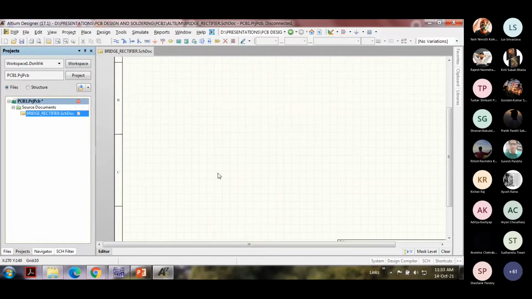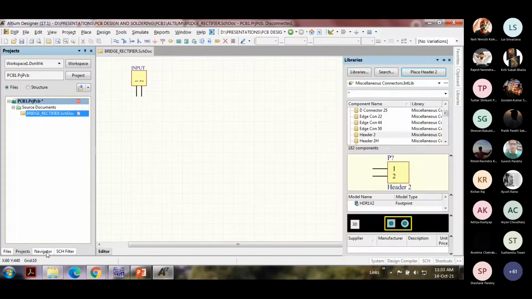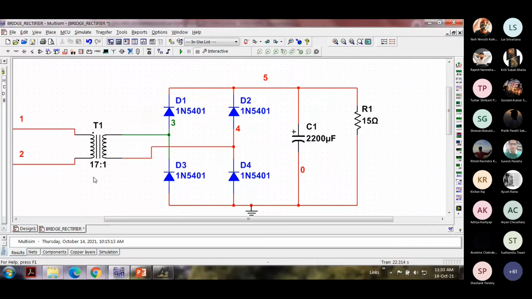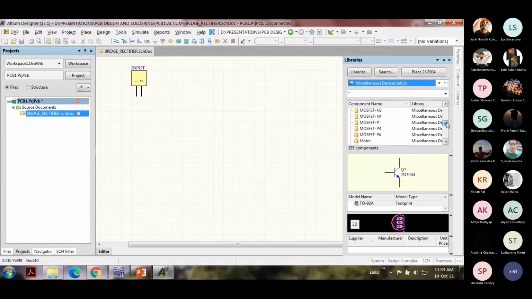So now we want a transformer, right? The next component is the transformer itself, then diodes and then the capacitor. We're going to keep it very, very simple today. This is the first time we'll be doing it. So go into the miscellaneous devices, and there you can find out whether the transformer is there or not. We have a transformer here, but we have to select the proper one.